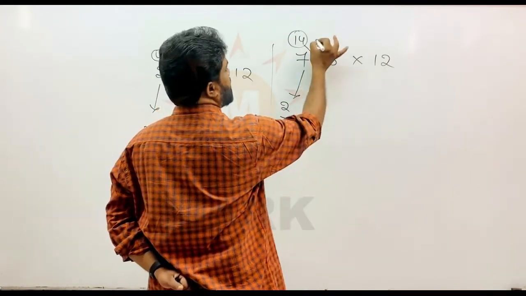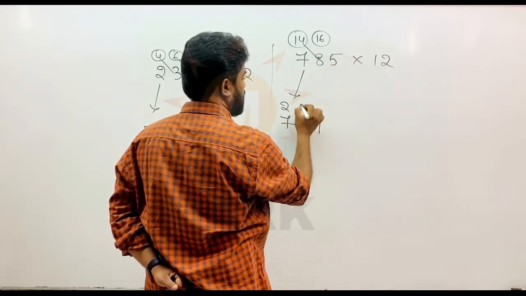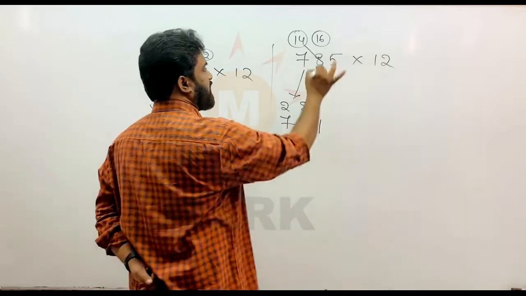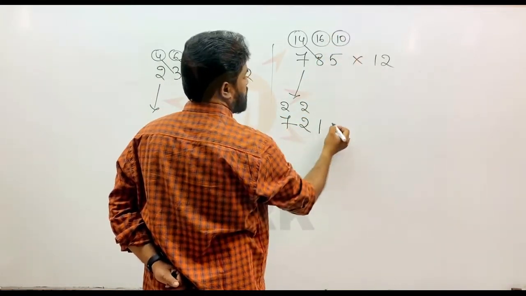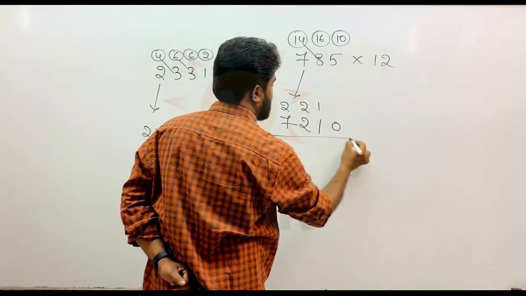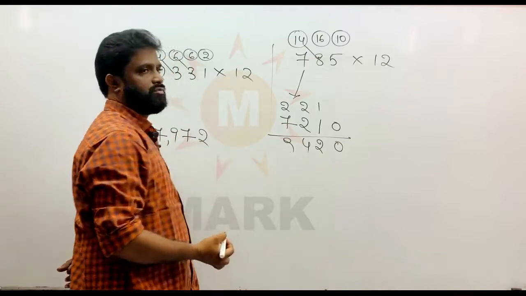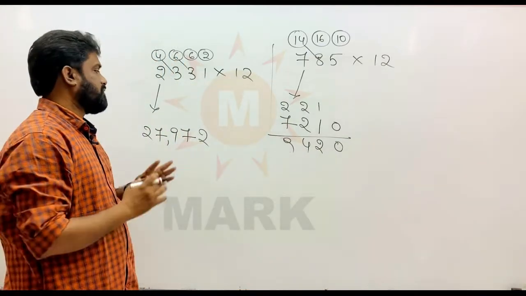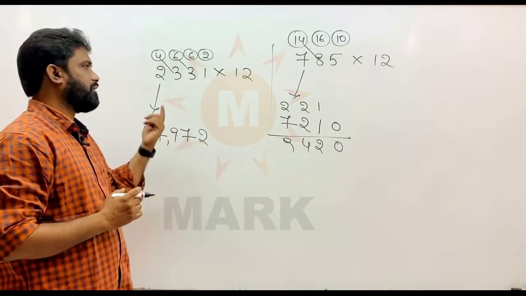Now again 8 I am taking. What is the double of 8? 16. 16 plus 5? 21. So 1 here, 2 carry forward. Now I am taking 5. What is double of 5? 10. So 10, nothing is there to add. So I am writing 0 here, 1 here. Now add it up. 0, 2, 4, 9. So 9420. Here also we have taken 2 more examples to show without carry forward and with carry